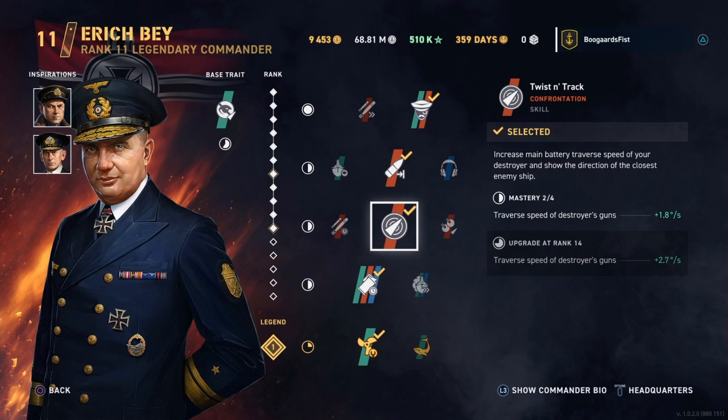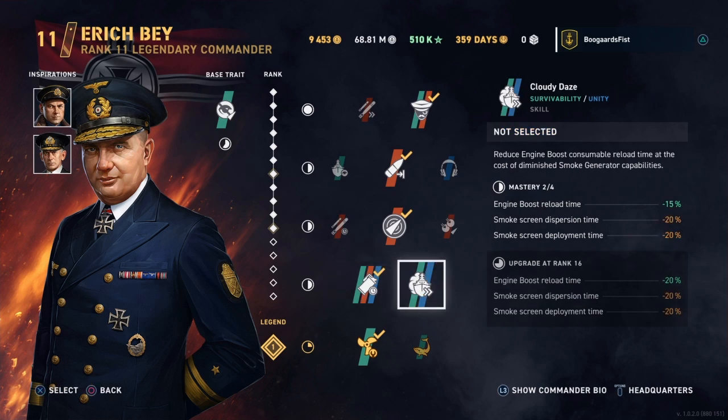And by the way, it helps the turret traverse, which is, as we noted, a common problem with this line. So not only did you get the valuable radio location perk, but you do get a little bit of a reduction on the turret traverse, which is nice. Perk number 4,